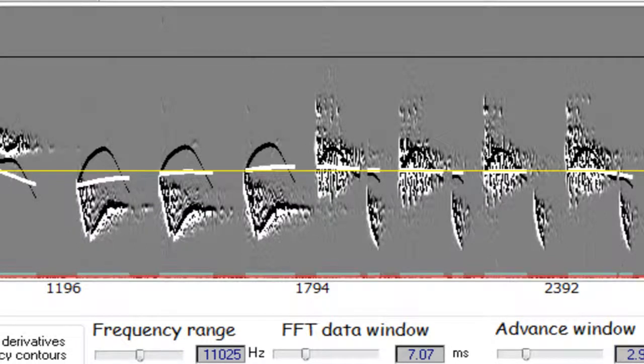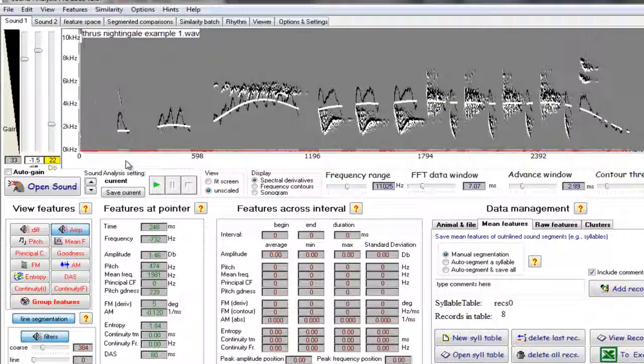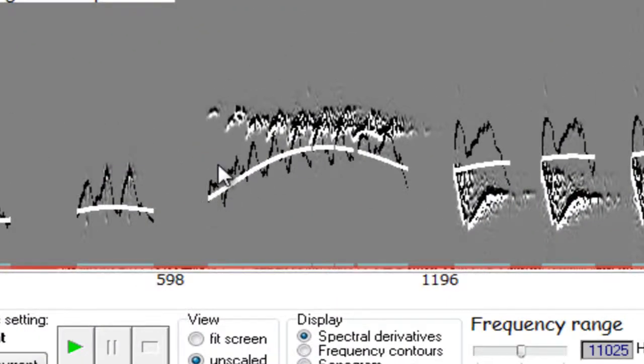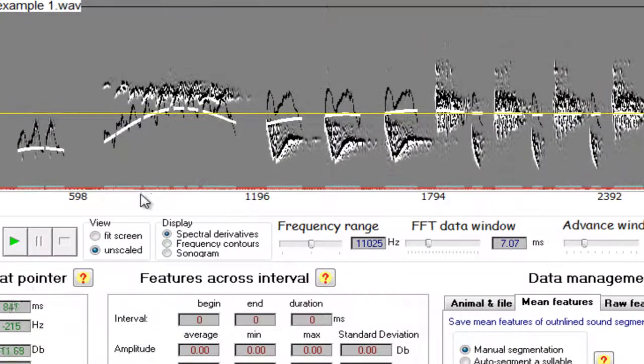For example, if I take the fine all the way down to 0, then I can actually grab those quick changes here. And again, if I'm only going to allow segmentation when the black is above the white, you are going to see that we are already having some segmentation here, although you may argue that this is not a good one, and I would